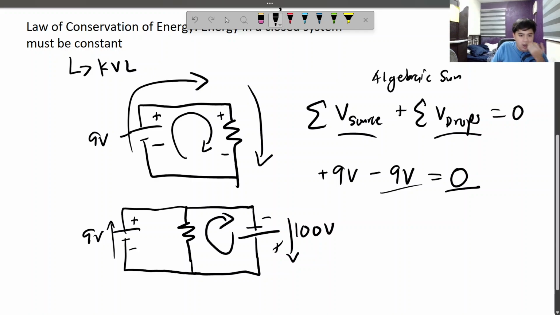So this should be positive and negative. Again, this is an assumption of where the current is. Actually, the current must go that way. So the polarization of this resistor follows the polarization of the 100 volt source. And again, that's just an assumption. Maybe it goes the other way. But the calculation